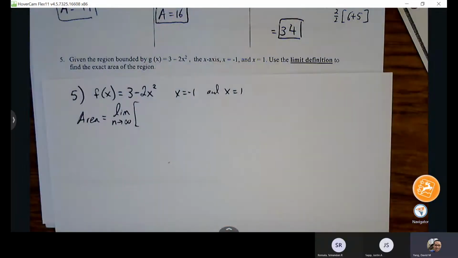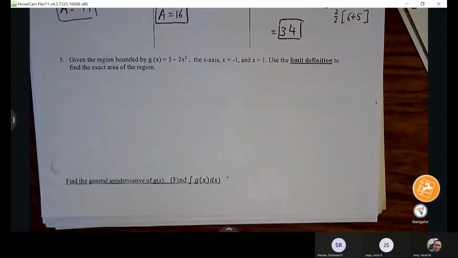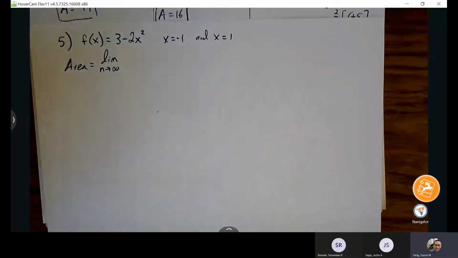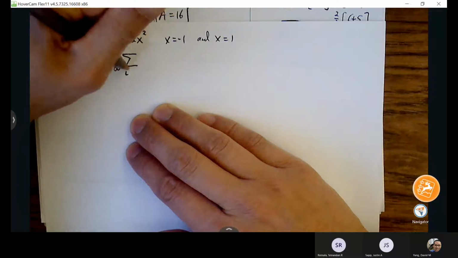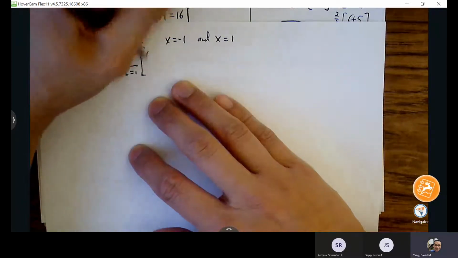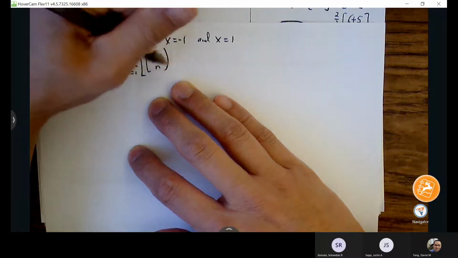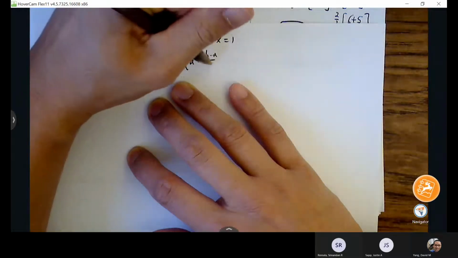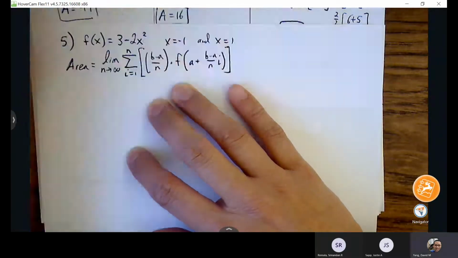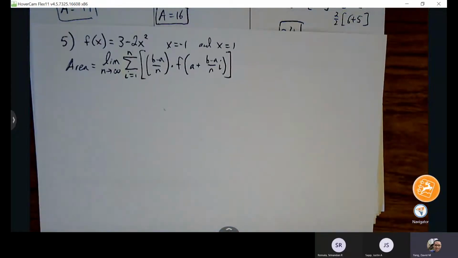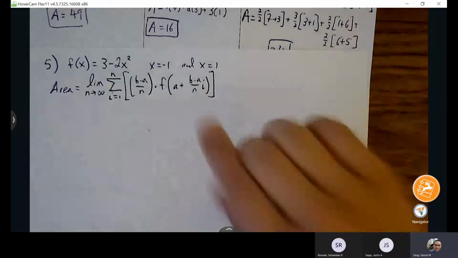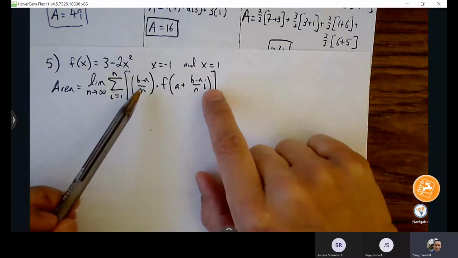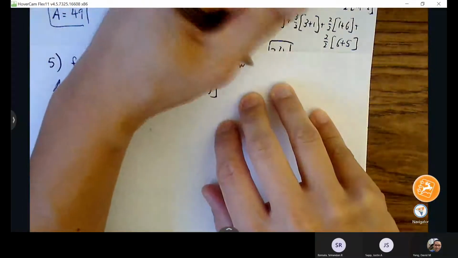Okay, the area formula will be provided for you on the quiz. All right, so first things first, let's fill out all of our a and b values. a is -1 and b is 1. All right, so my width is